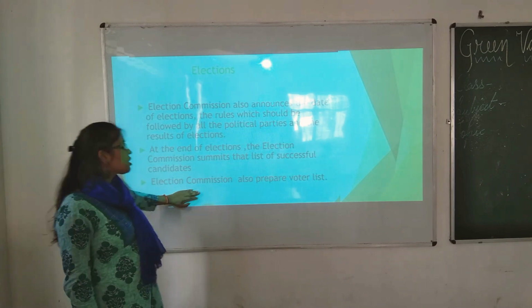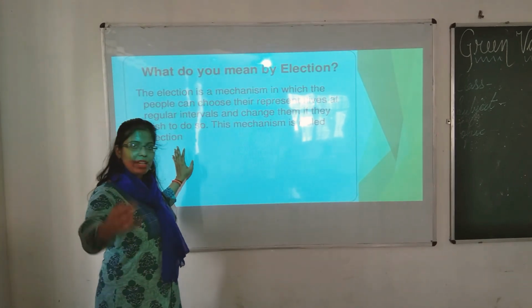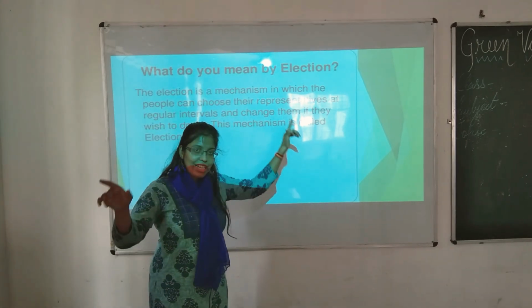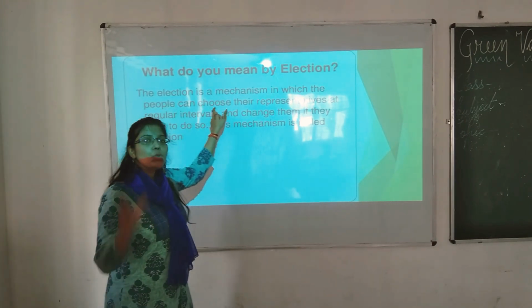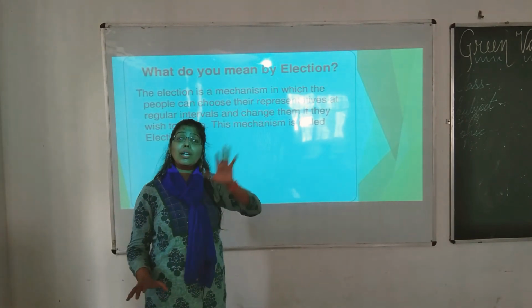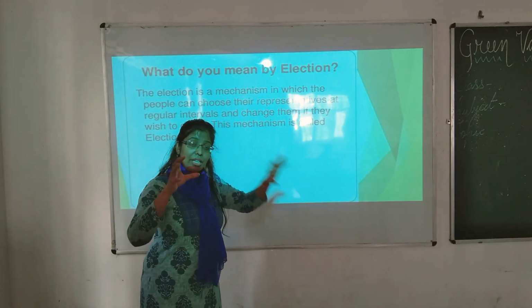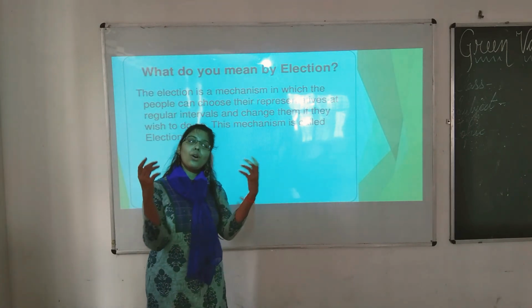So the Election Commission also prepares the voter list. Now what do you mean by election? I have already cleared you. Let us see. Election is a mechanism. What is election? It is a mechanism or process in which the people can choose their representatives. That means who is going to represent the government. Basically the person they are going to choose, the leader they are going to choose, who is going to represent their government,